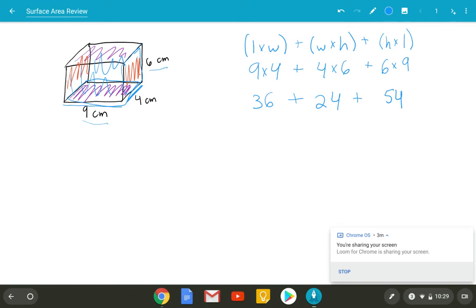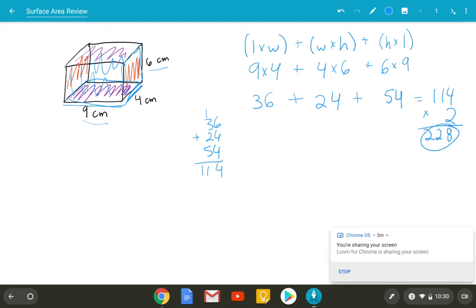So 36 plus 24 plus 54. We would have 14, and then that'd be 11. So that altogether is 114. That only gives us one of each of the sides, though. So we need to multiply that by 2 to get the other 3 sides, the area of the other 3 sides. So that would altogether be